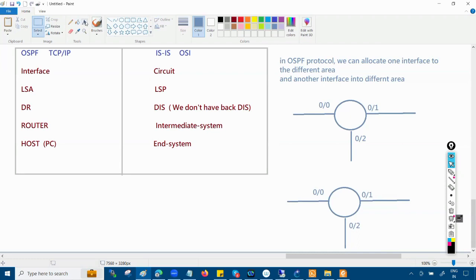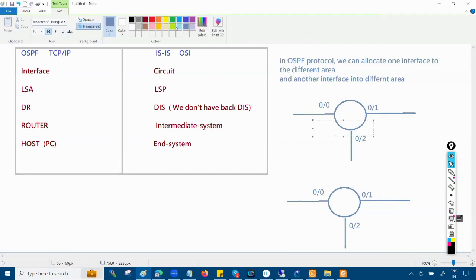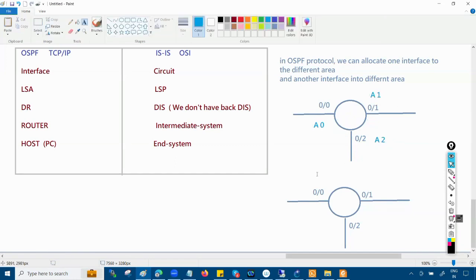Now, I can make this interface a part of area 0, this one a part of area number 1, and this one a part of area number 2. In OSPF, you have the ability to allocate one interface to one area and another interface to a different area. But in IS-IS protocol,